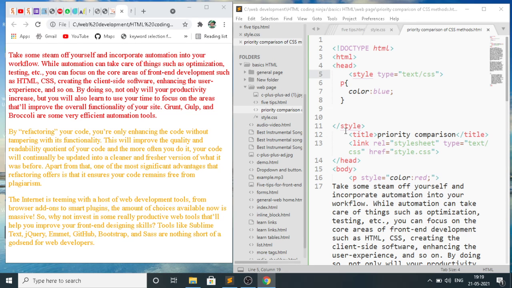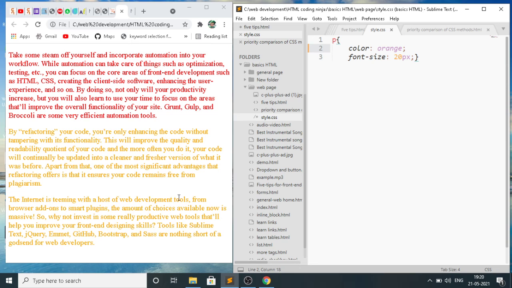So ultimately the color of this paragraph would be orange. So whatever the common property is between the external and the internal CSS, the one that comes last will be reflected on the web page. So this is about